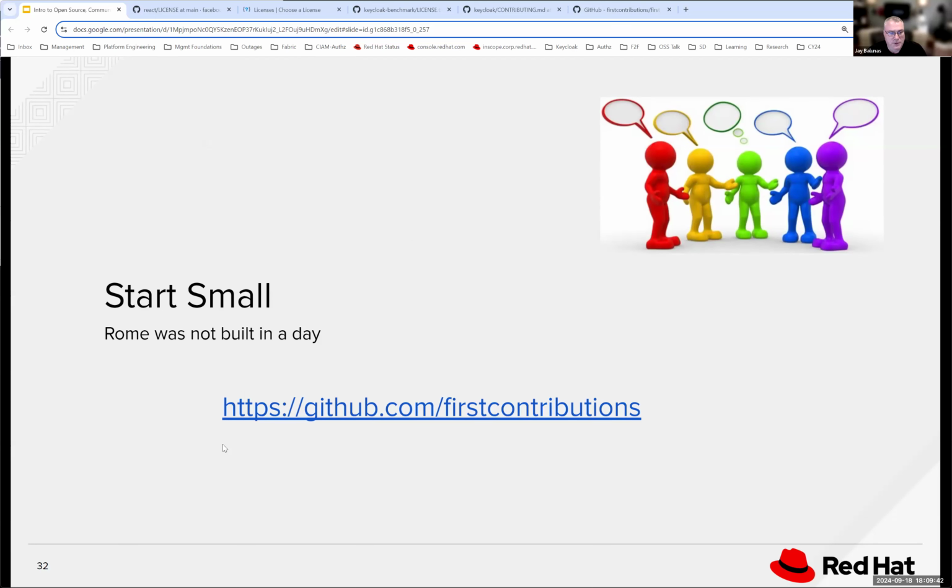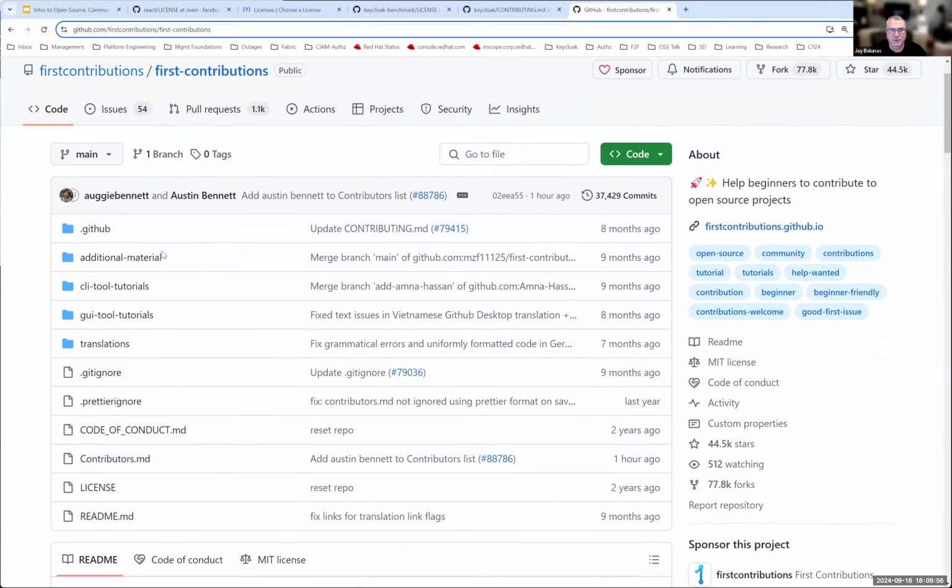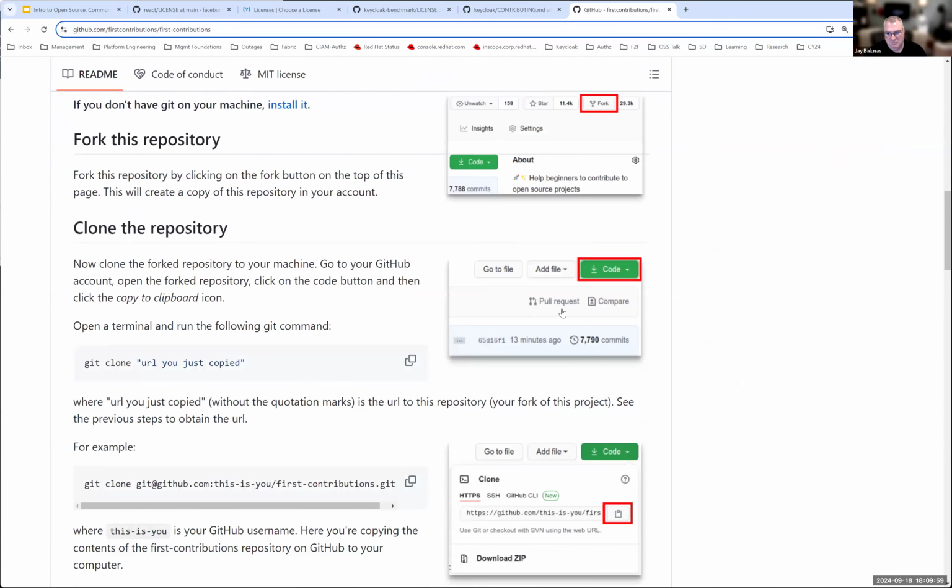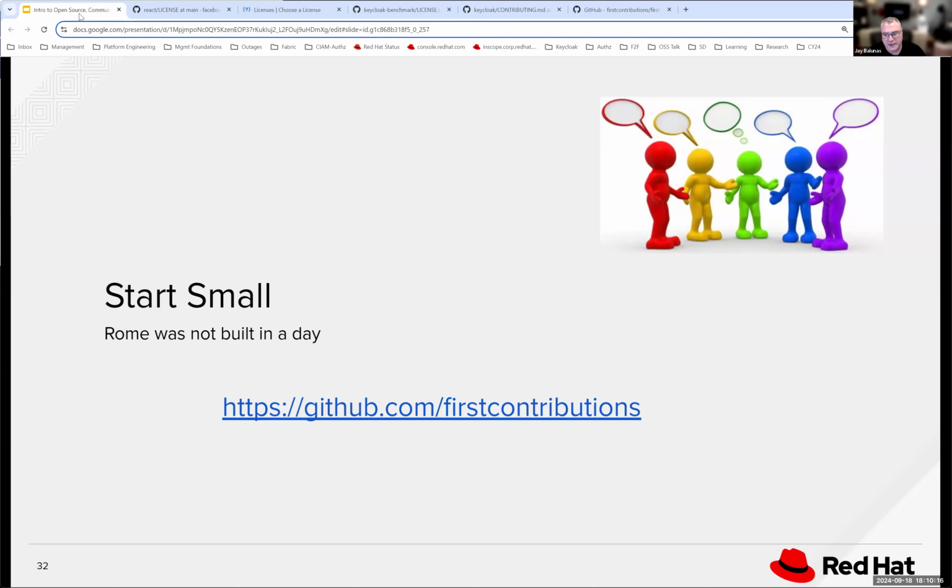All right, and then another piece of advice: start small. Don't jump into Kubernetes and say I'm going to be a contributor to Kubernetes today. There's a really great first contributions little GitHub project that walks you through becoming a contributor to this repository. I don't even think there's writing code here, right? It's just a pull request to update with some good information for moving forward. So take a look there would be some other advice.